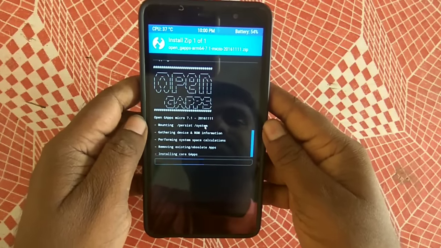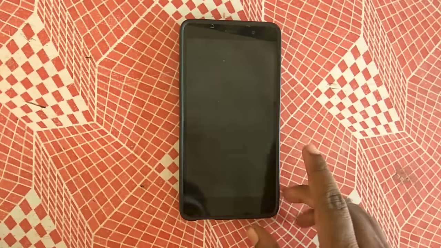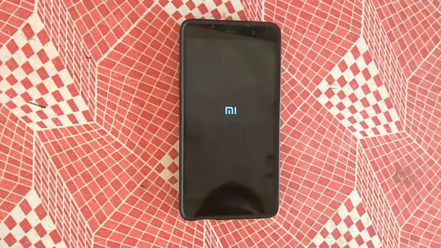Now hit reboot. It takes a few minutes, so be patient. It will take a long time to install.